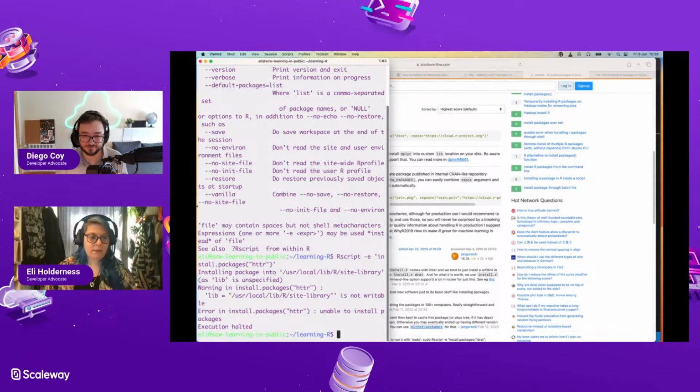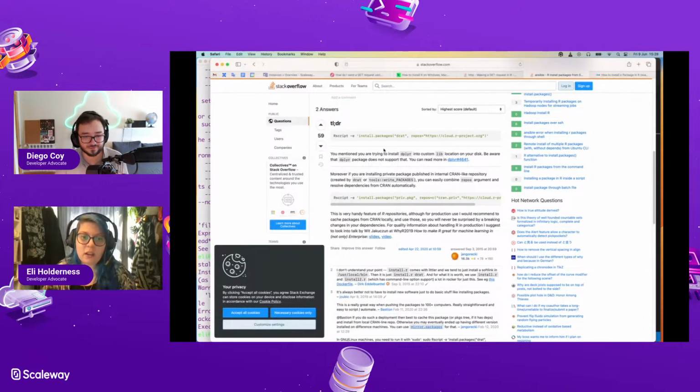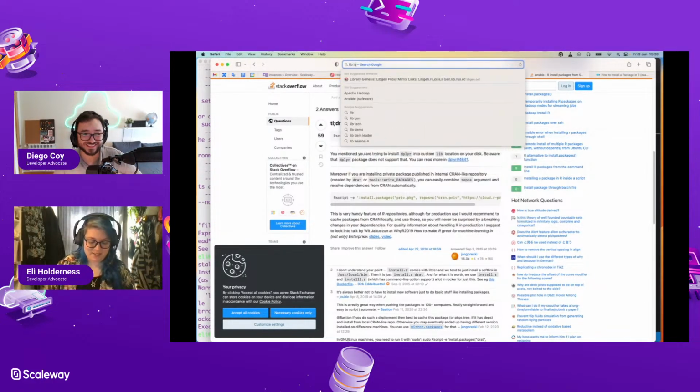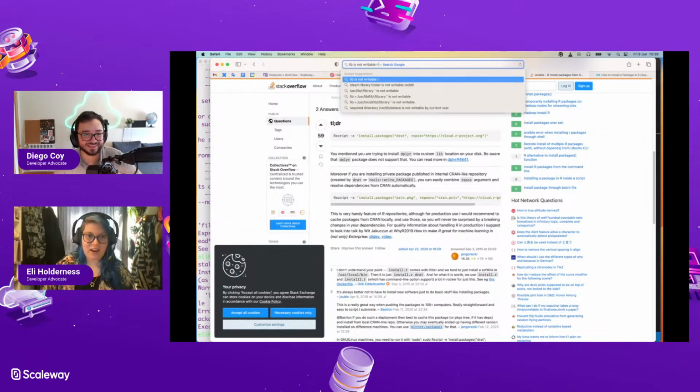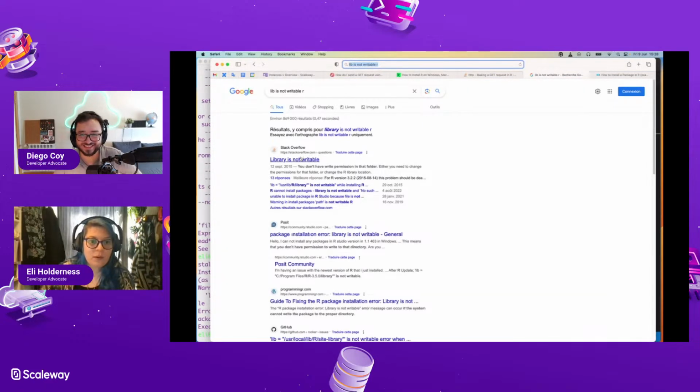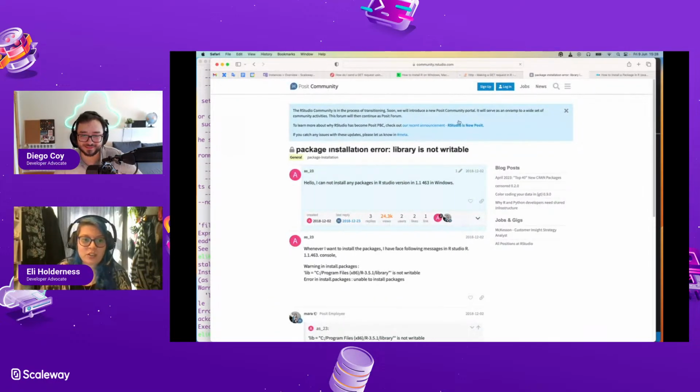Lib is not writable. Installing into the lib directory is okay? Lib is not writable. Am I going to have to go back into root and change my permissions?